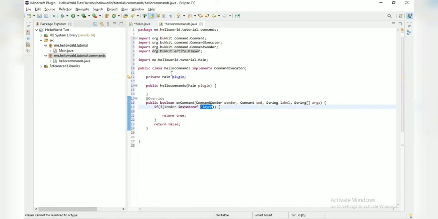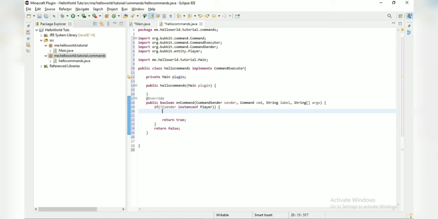So we are also going to import, like I've already shown you the shortcut: Control Shift O whenever there is an error on stuff like that. So next what we are going to do is, if the player has permission, then if he has permission, then